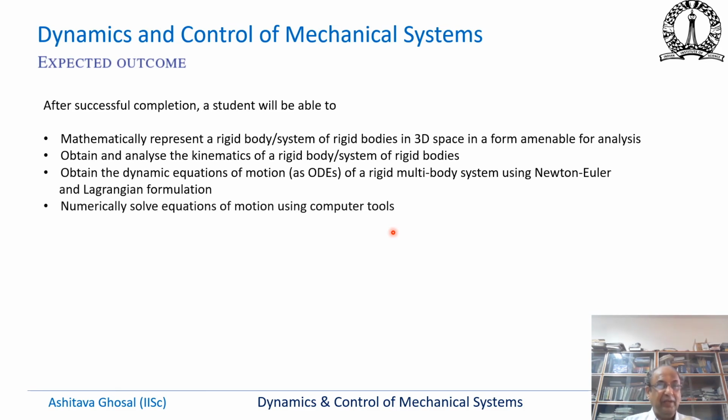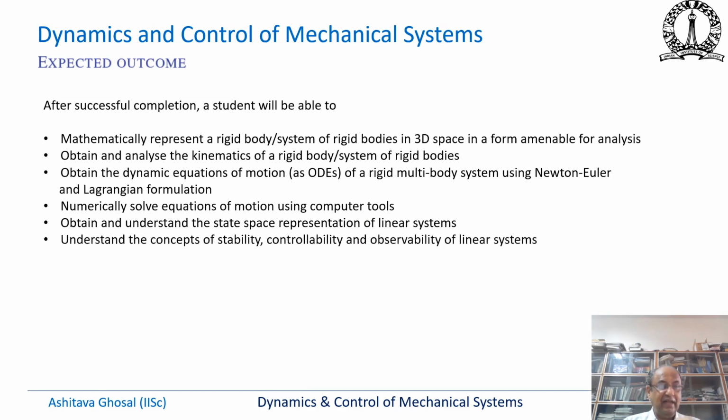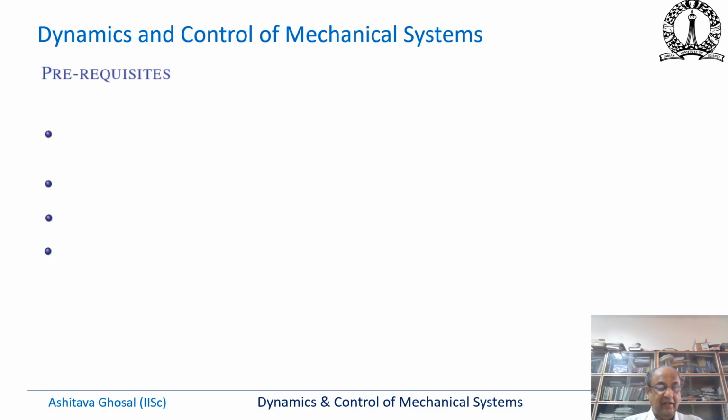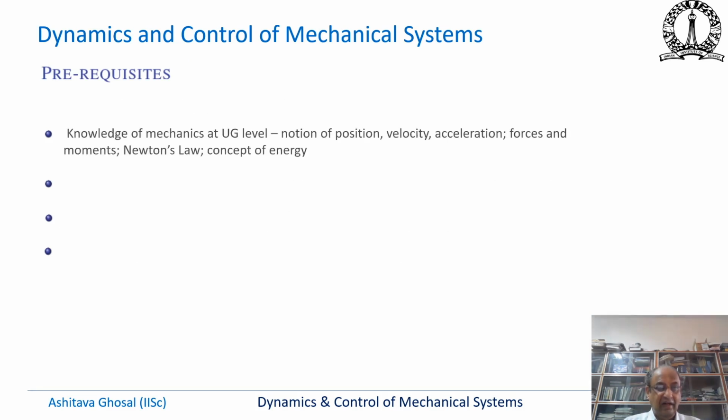The student should also be able to numerically solve equations of motion using computer tools. A student at the end of the course should be able to obtain and understand the state space representation of linear systems, understand the concept of stability, controllability, and observability of linear systems, and design of controllers using state space and classical control methods. The prerequisites for the course are knowledge of mechanics at the undergraduate level, so notion of